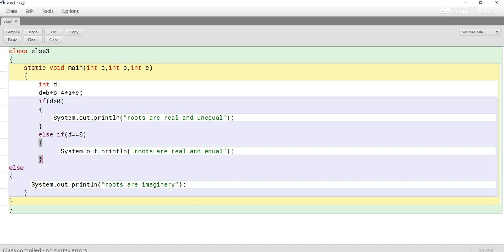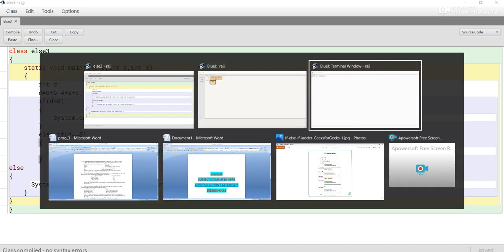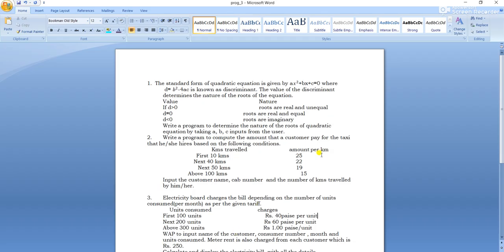This is the program we wrote for the question, yeah, this is the question. For the first question we wrote that program. Now you can see the second program. The second program is: write a program to compute the amount that a customer has to pay for the taxi that he or she hires based on the following conditions. Yeah, generally we